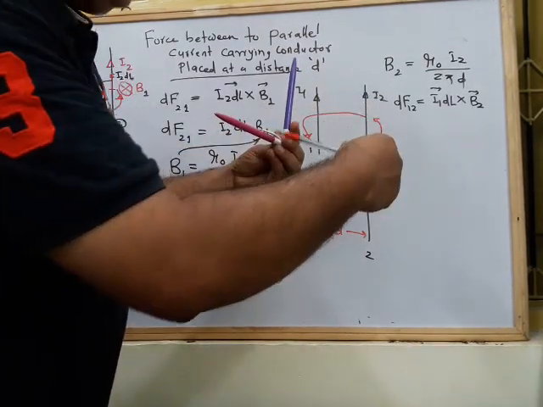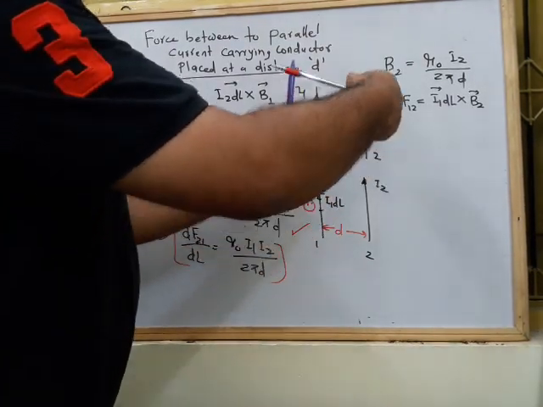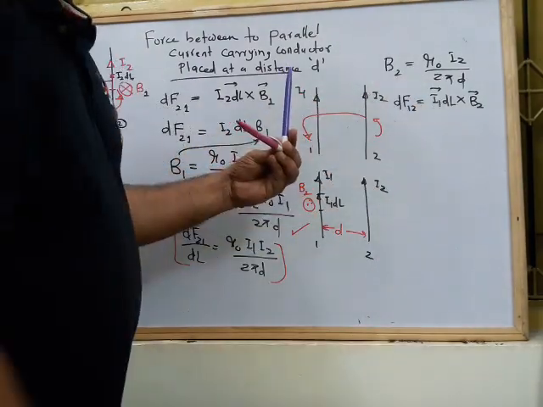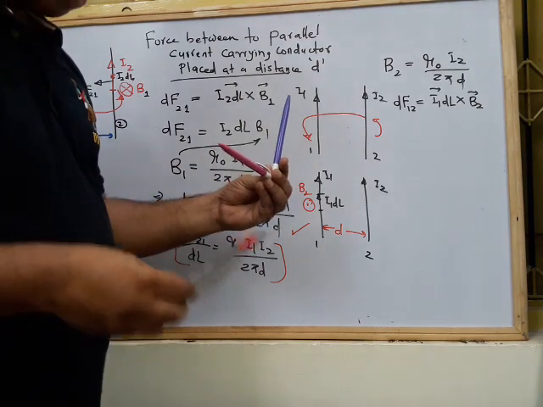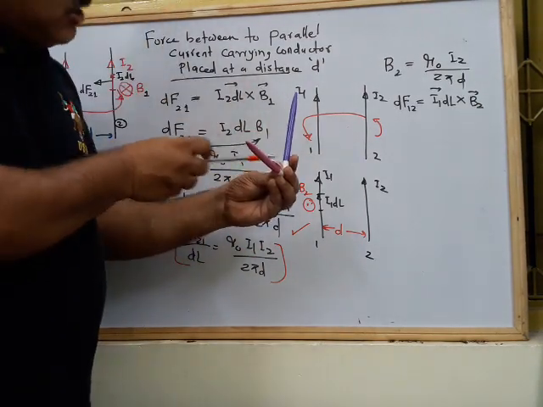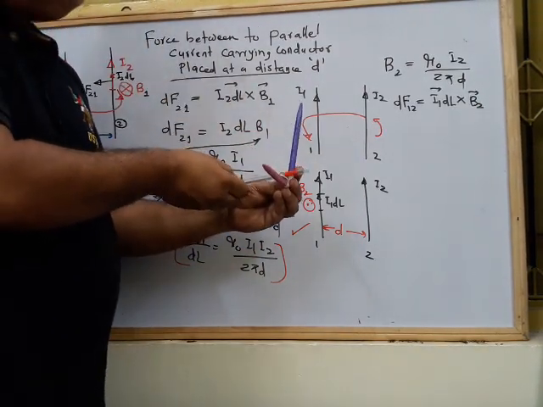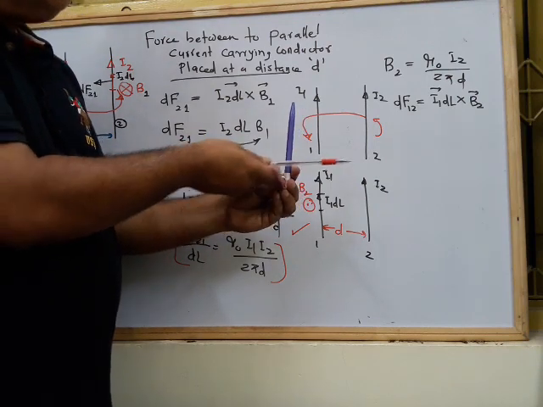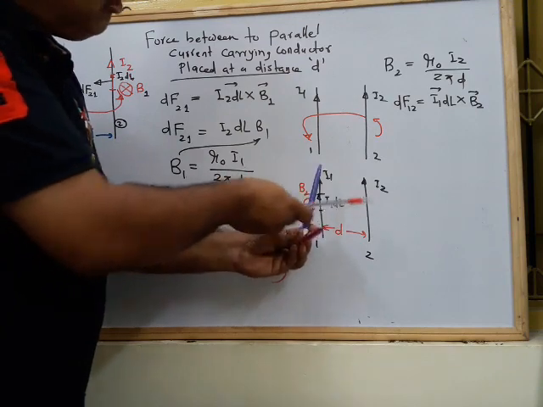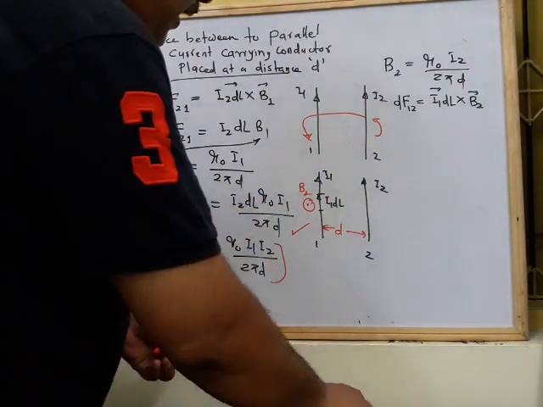ऐसे रोटेट करूंगा तो देखो यहाँ से क्या होता है कि B2 से रोटेट हो रहा है, ये नहीं, ये तो वैलिड नहीं है। अब देखो I1 dl से B2 में रोटेट करना, तो उसके लिए इस स्क्रू को ऐसे घुमाना है। किस प्रकार घुमाएंगे, तो it will rotate from now I1 dl to B2. Now this screw will go like this.